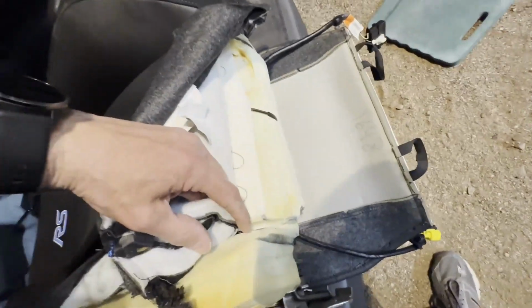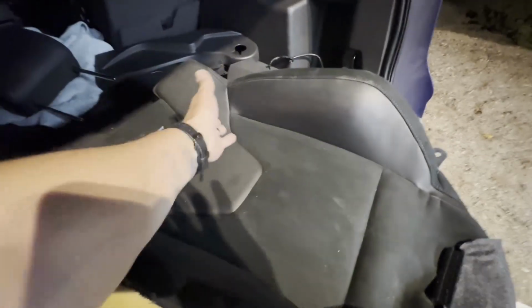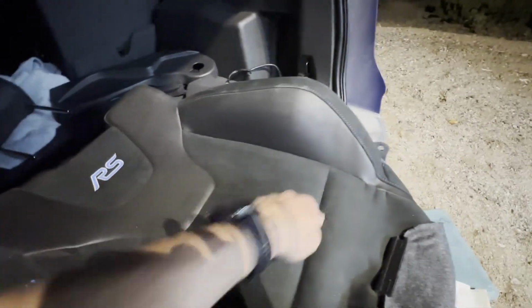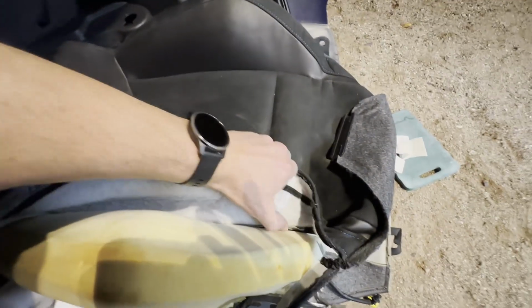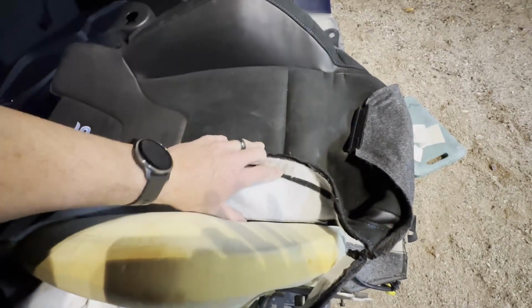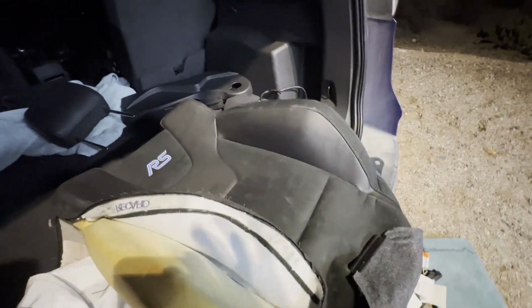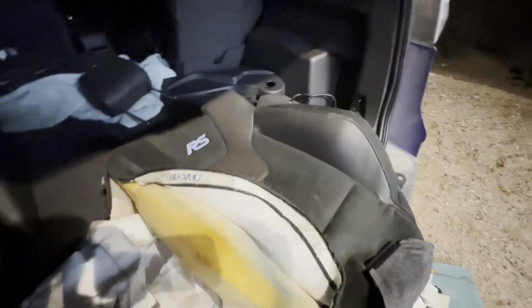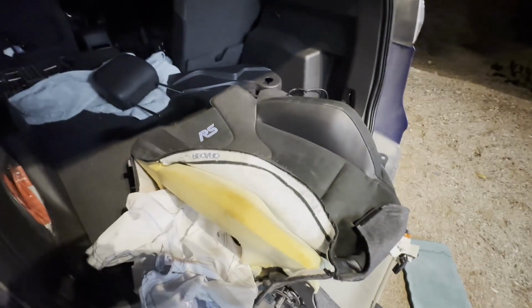So I just have to be really careful right in this area, because that's where the Velcro is going to be. And with the seat being the way it is, with these kind of lines, I guess, body lines, this is going to be very easy to rip that Velcro out, and obviously you want to keep that part in, or the whole thing's just going to pull away from the seat. So I'm going to very carefully remove this so I can get to, from the backside, the bolts,